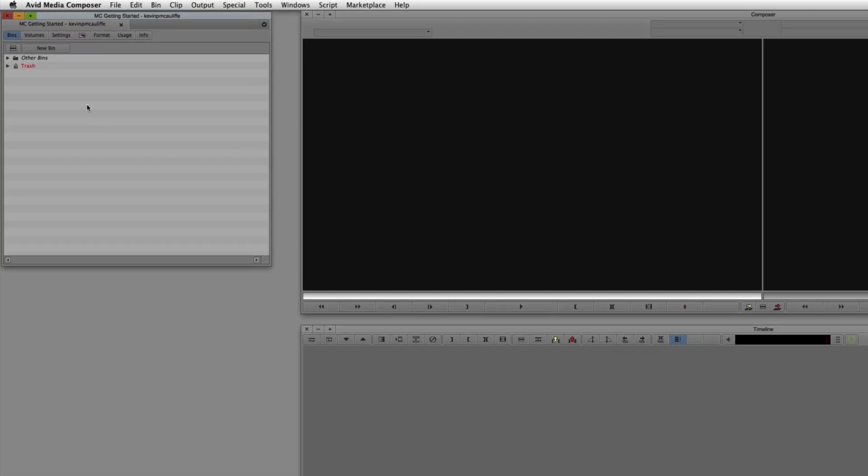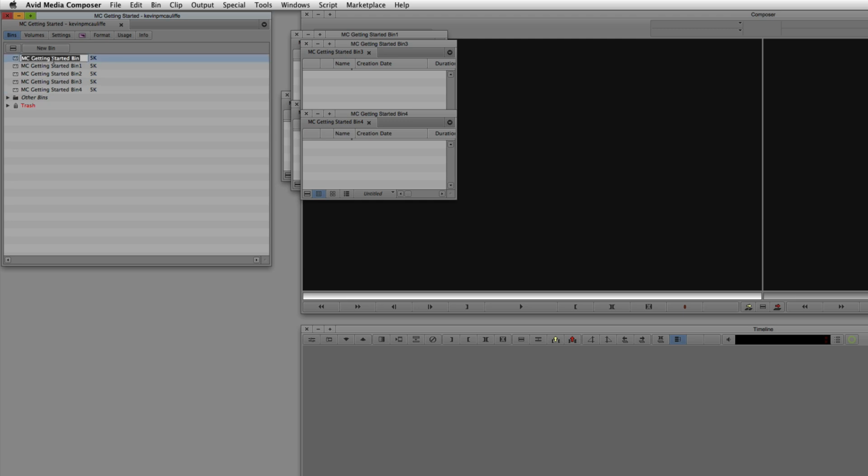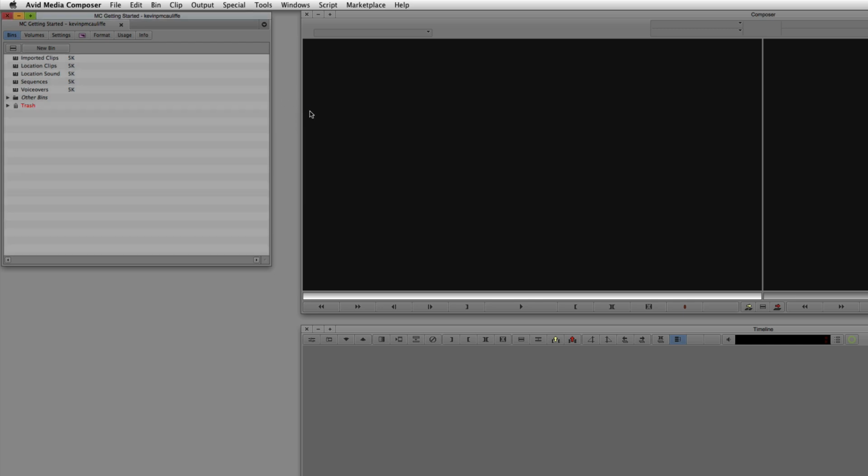What I normally like to do, and I'm just going to create a few bins here, I'll create, let's say, five bins. I'm going to call one bin voiceovers, one bin location sound, one bin sequences, one bin imported clips, and the last bin location clips. Now, this is pretty organized with only five bins, but I've seen edits that will have 20, 30, 40, 50